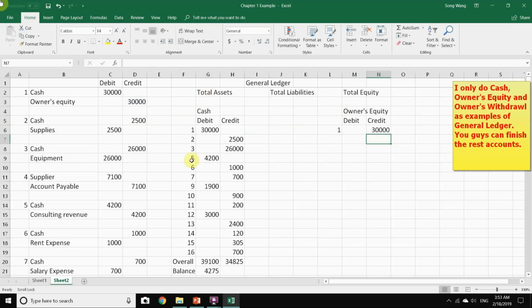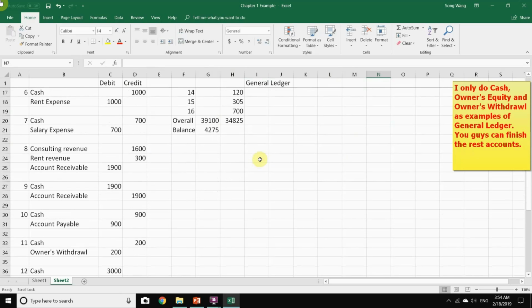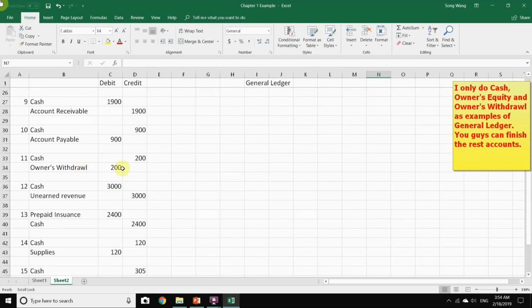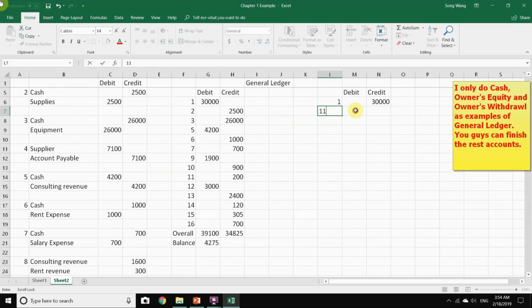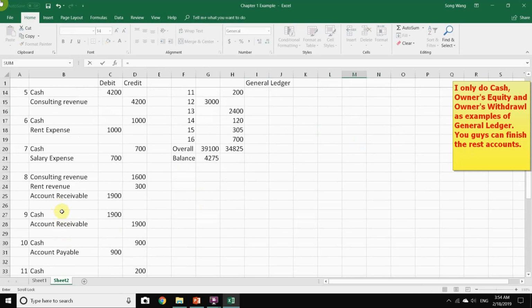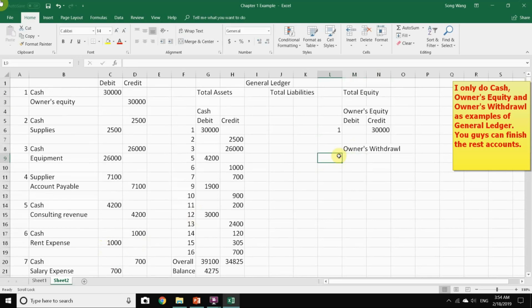And then you don't have any other owner's equity, but you do have owner's withdrawals. And owner's withdrawals is down there, 200. Okay, so that's number 11. You really have to get a journal for that. And let's call it owner's withdrawal. So owner's withdrawal is 11. Just hit enter, and that's 11. And in order to get credit and debit,